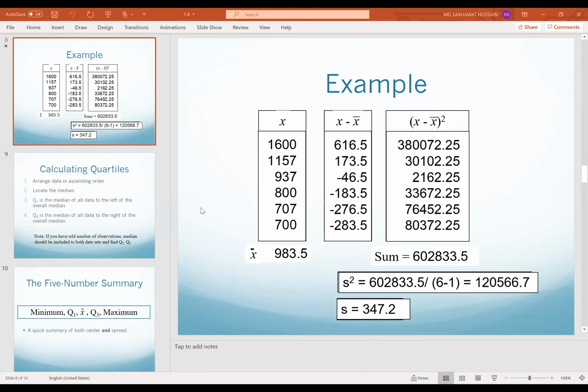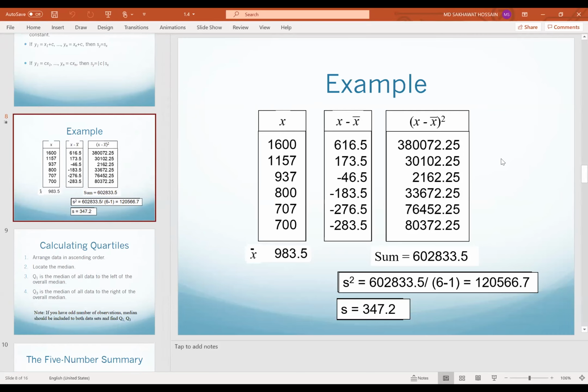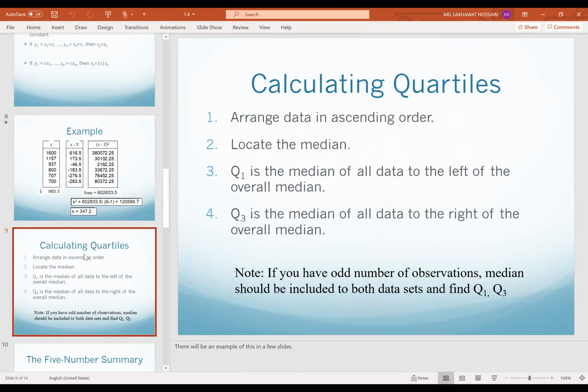So in the last class, we discussed the standard deviation and sample variance. So we'll continue from there. We went over an example about house prices, I think. We showed how to calculate the sample variance and sample standard deviation. Now we'll go over how to calculate the quartiles, because we need quartiles for the 5-number summary and for